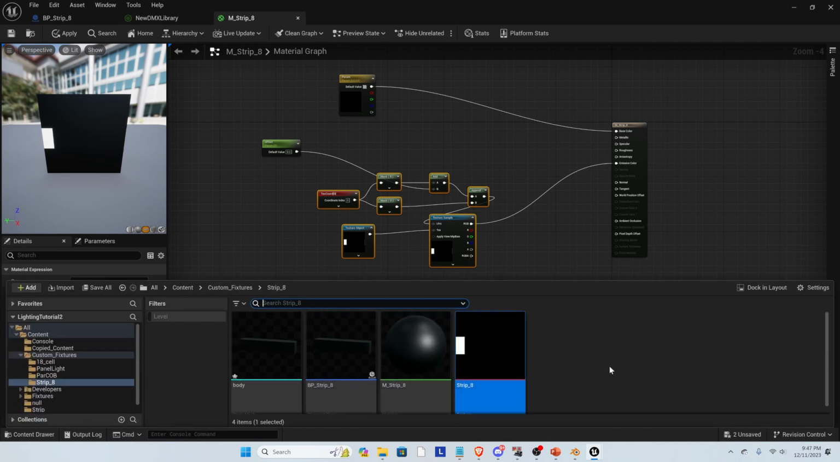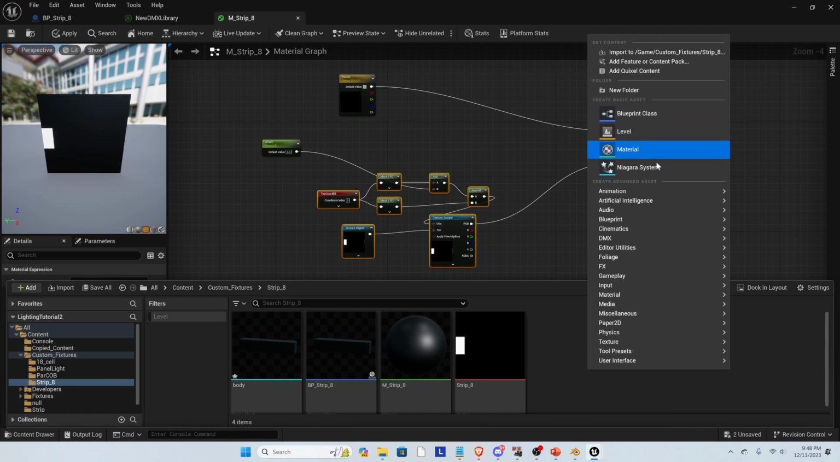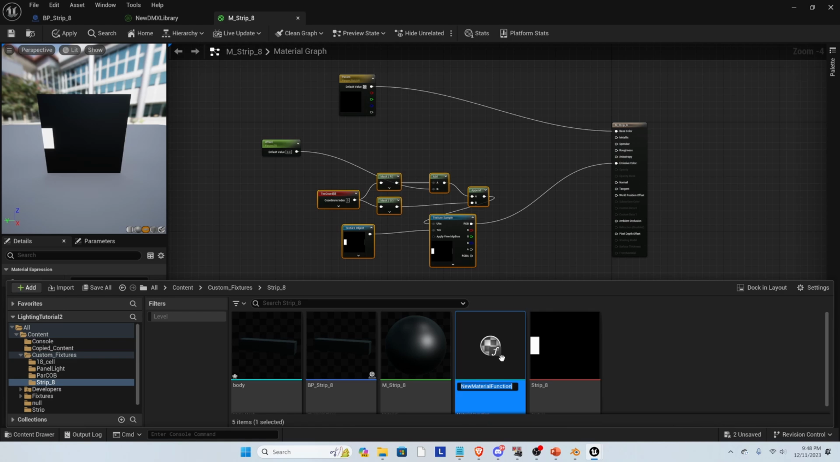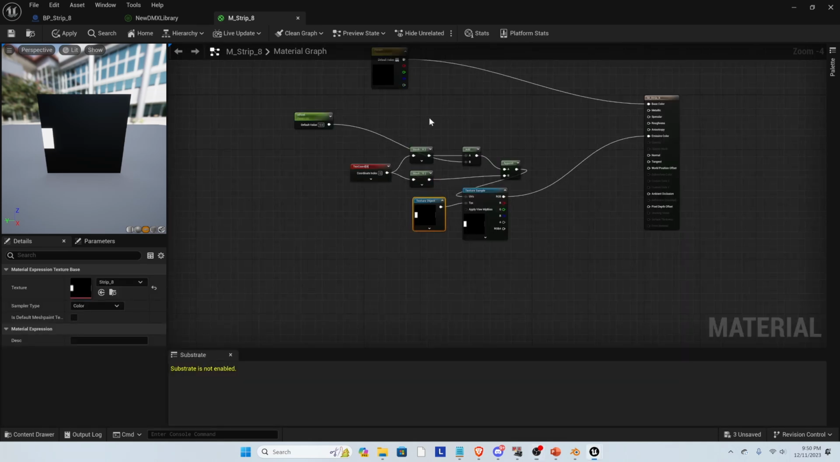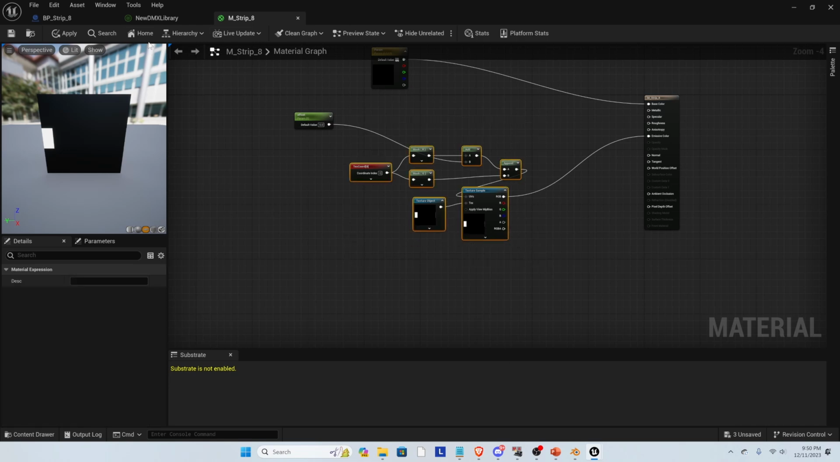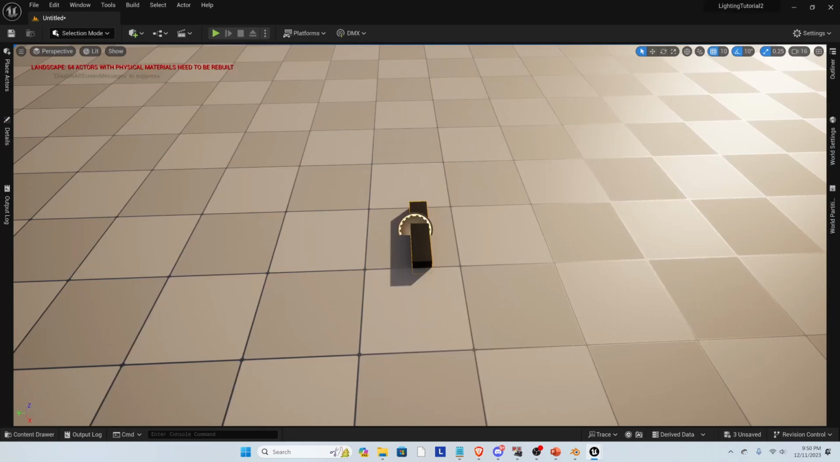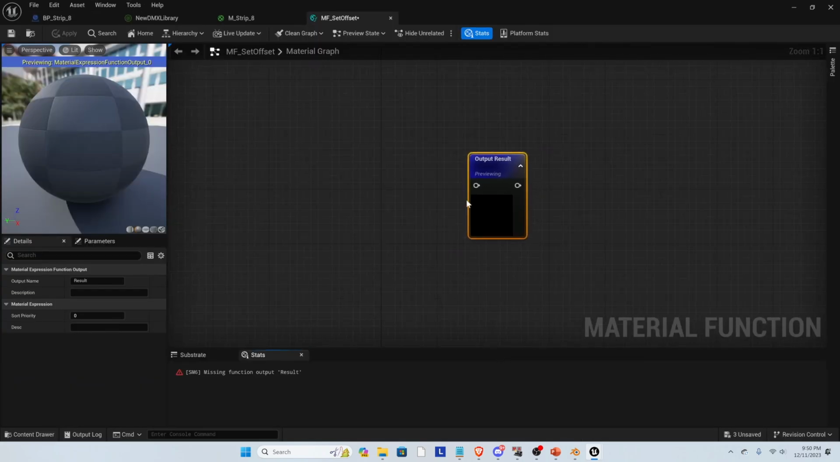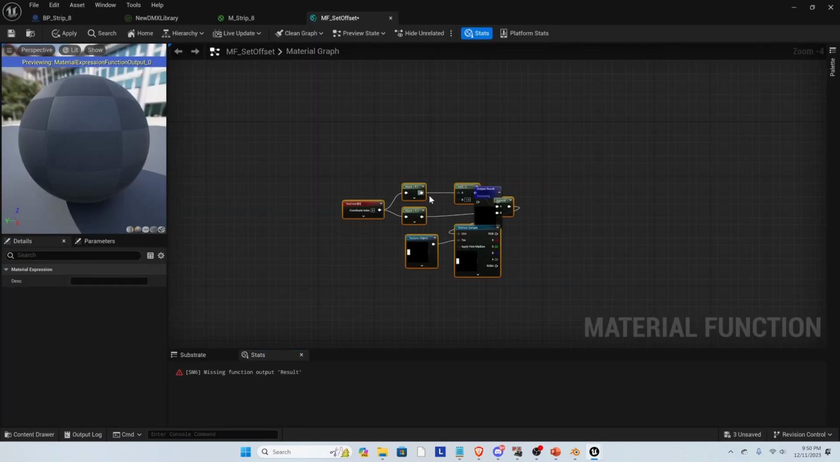And then in our content drawer, right click, create material function. This is going to be called, I don't know, set offset, and it's going to be abbreviated by MF. We're going to take all of this and copy it into our new MF set offset. Paste that in,